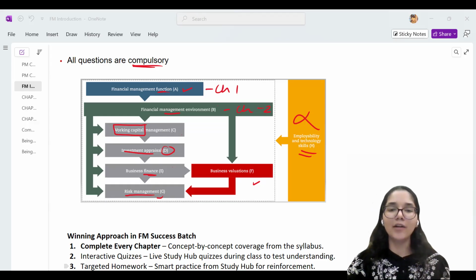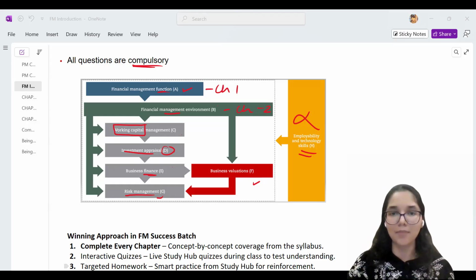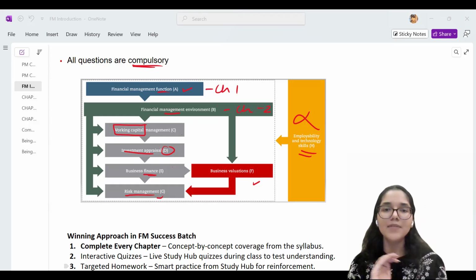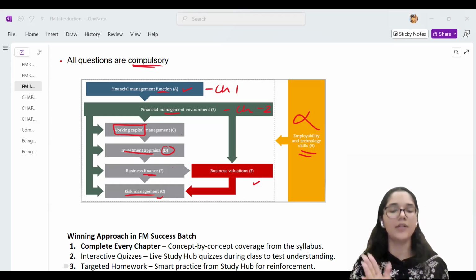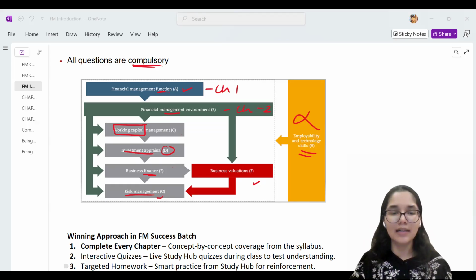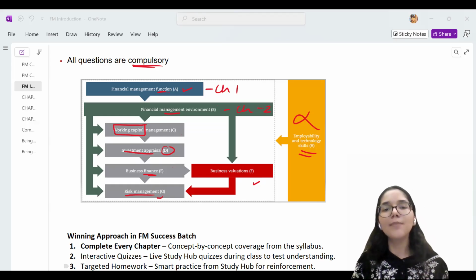And the second aspect of risk which we have as a part of our syllabus is interest rate management. What do I mean by interest rate management? Sometimes the company will already know that today we are standing on the 15th of September, 6 months from now, exactly 6 months later, I have to borrow money from the bank. So what would be my fear here?